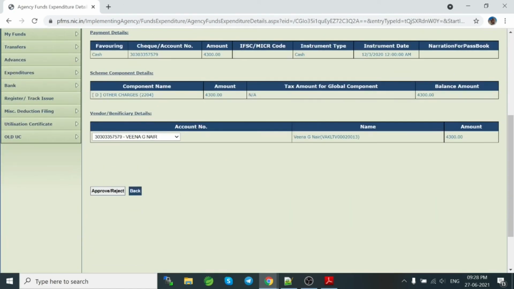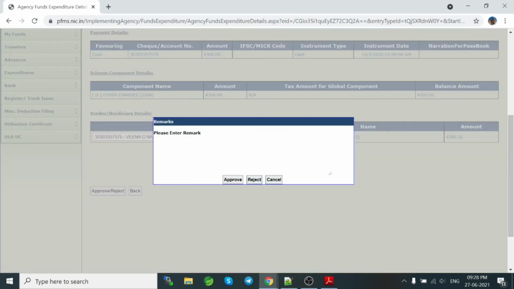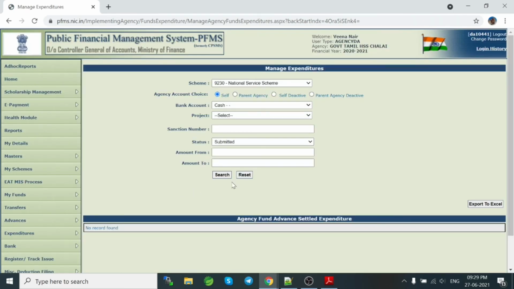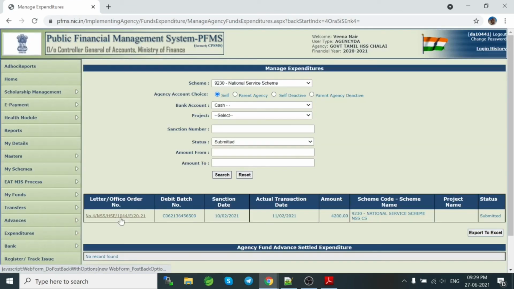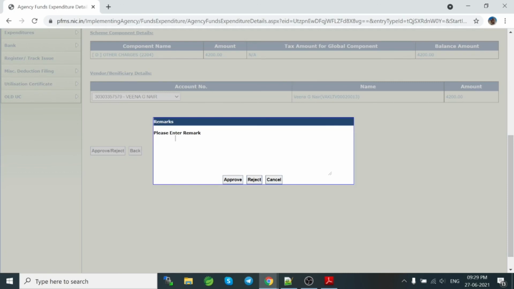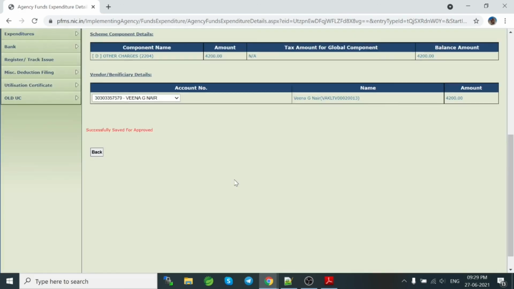Click on the red one. Give approved, then click back, search, approve or reject, give approved, click approve.